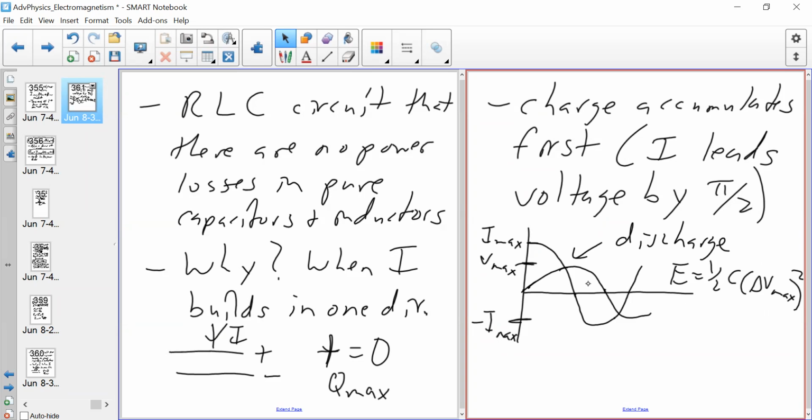And so there's going to be two regions of max energy for the voltage. There's one here and one there, and then we have another maximum voltage in the positive direction and then in the negative direction. So now when we take this energy per time, or this power, we're going to get a net power loss of 0, because these 4 peaks are going to cancel each other out. And that's primarily what's going on there with the capacitor part of the circuit, and why there is no power